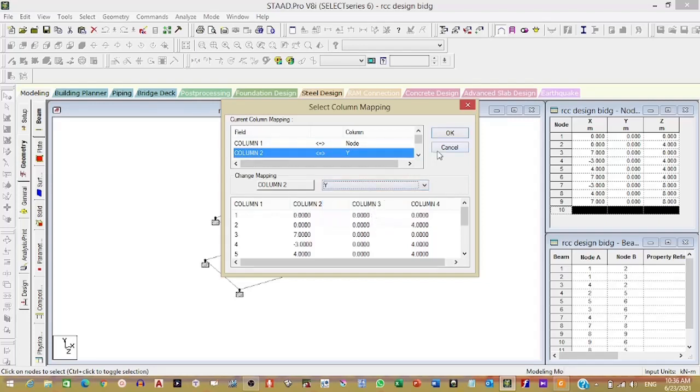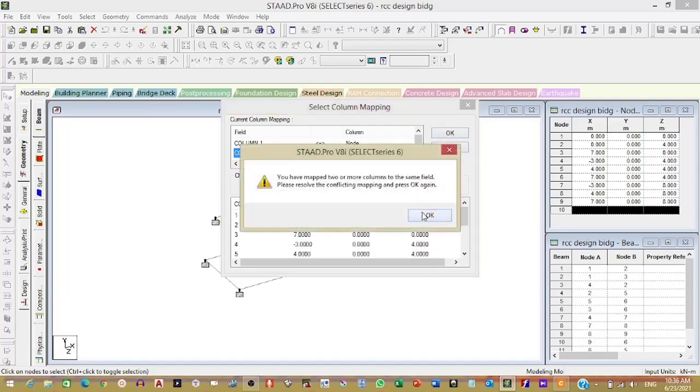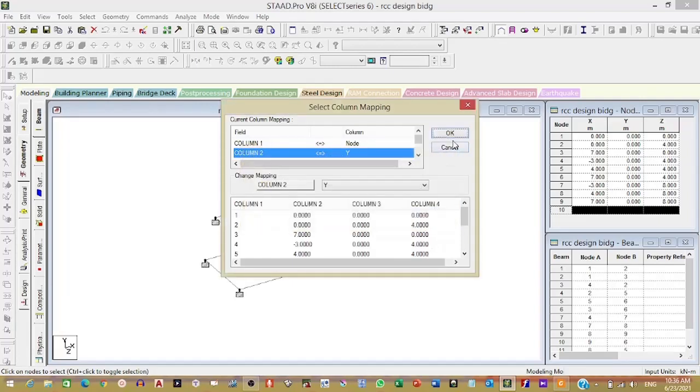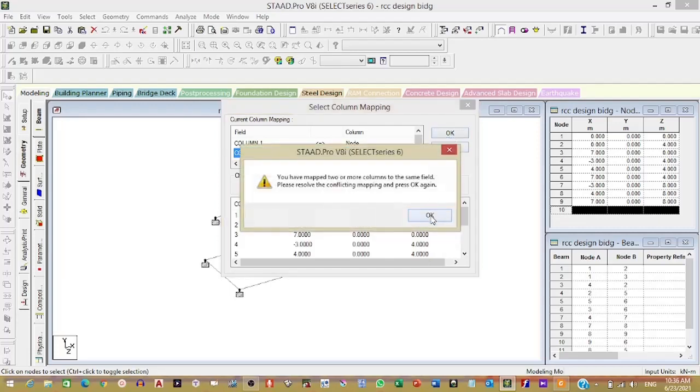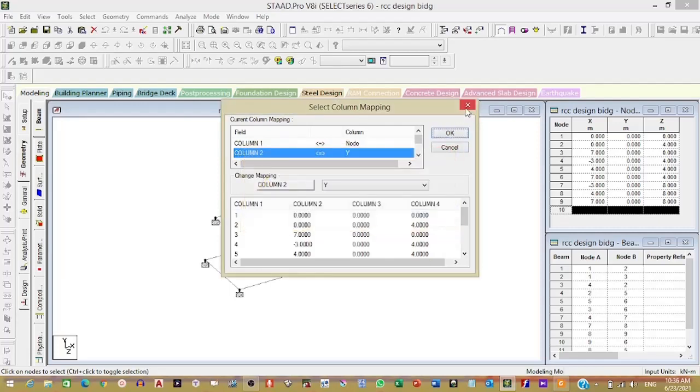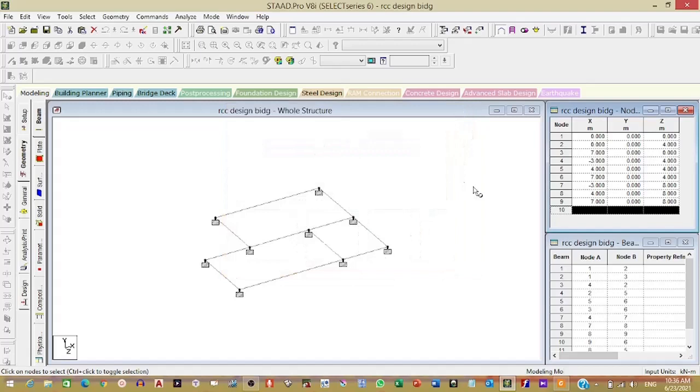Sometimes this may happen, we have done wrong things. So see again. First column is node. Here node X, Y, Z, column 2.